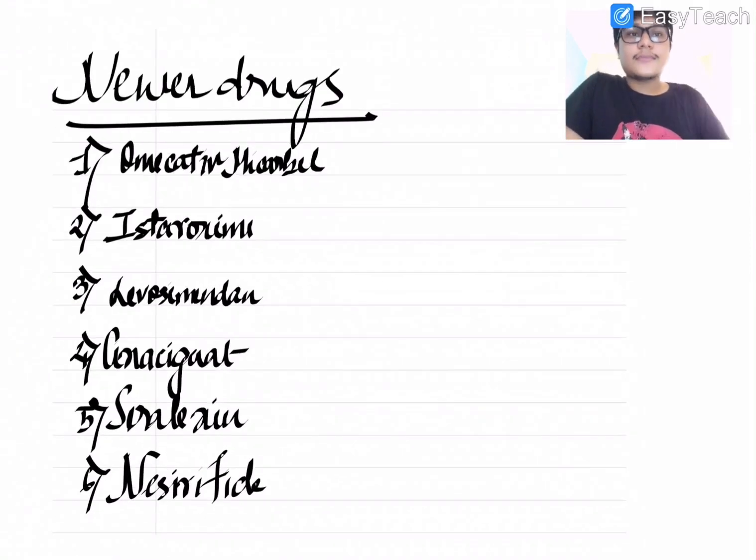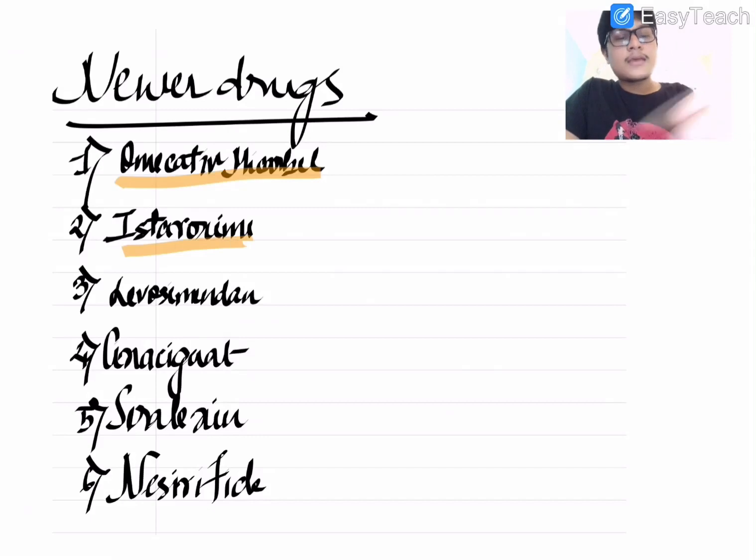And finally, in this portion, I would also like to discuss a few novel drugs which have come up in recent years. The first one is omecamtiv mecarbil. Now, I told you that one of the main complications of the compensatory mechanisms in heart failure is that it will increase cardiac output but at the cost of myocardial oxygen demand. Omecamtiv mecarbil is a myosin activator that will increase cardiac output without increasing the myocardial oxygen demand.